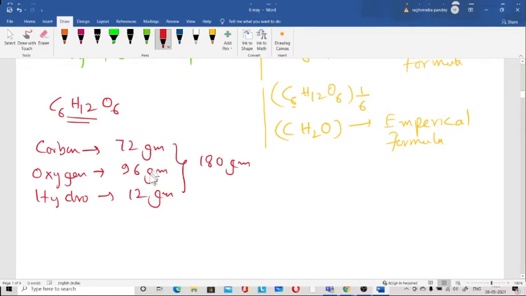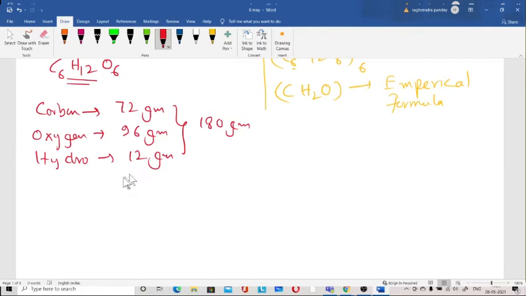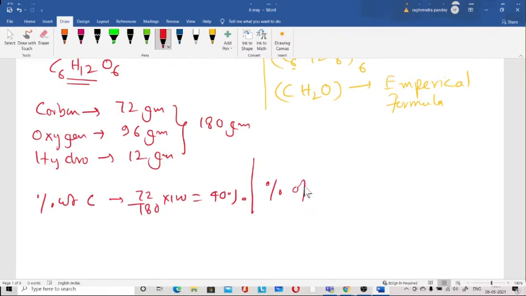That means the components there. And then we can take the percentage. What is the percentage weight of carbon? Percentage weight of carbon is 72 by 180 into 100, so that becomes 40%. Then percentage weight of oxygen is 96 by 180 into 100, so that is approximately